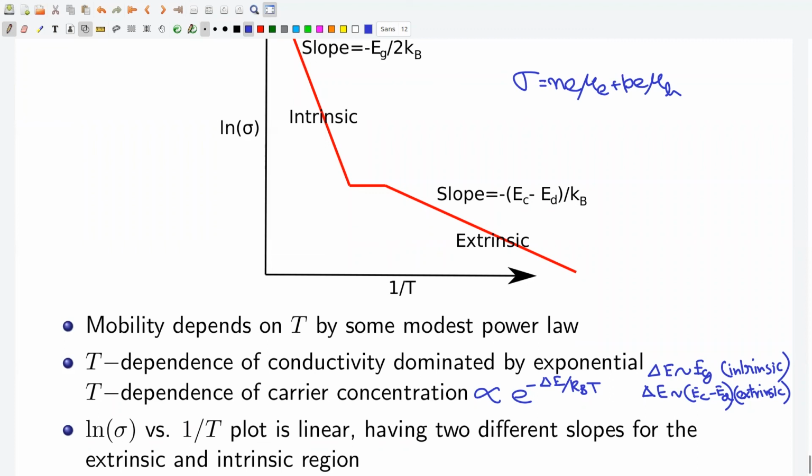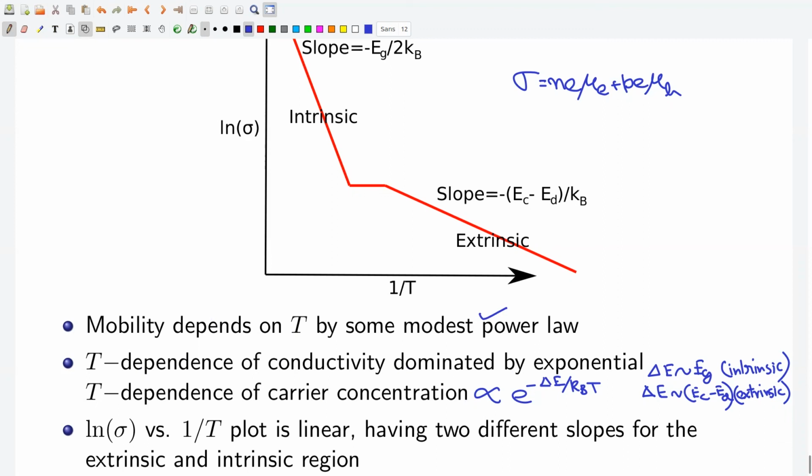Mu_e is the mobility of electron and mu_h is the mobility of holes. We know that mobility depends on temperature by some modest power law. As a result, the temperature dependence of conductivity is dominated by the exponential temperature dependence of carrier concentration, which is proportional to